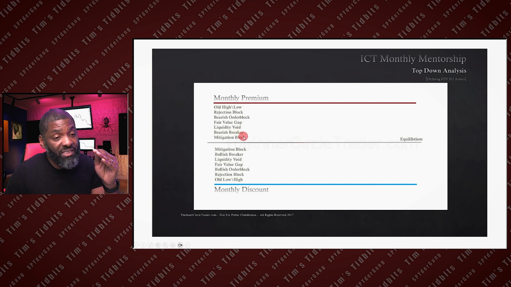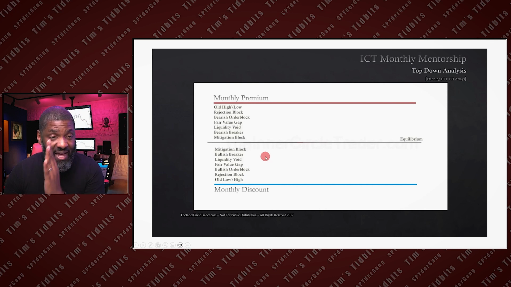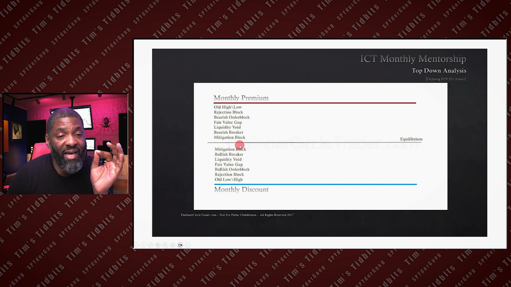If you're bullish and you're at equilibrium, you look down at price and you look for the PD arrays to buy off of. That's how you study the price going through the time to see if you're still on the right side. From equilibrium of a price move, price will move up into a premium. And as it comes to these different PD arrays, this is the order of importance.